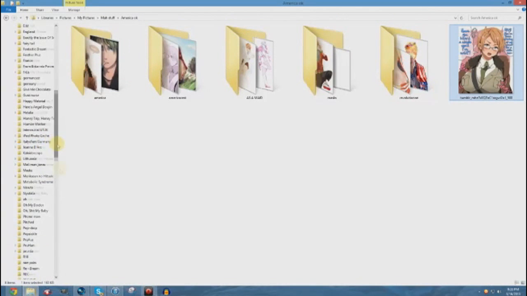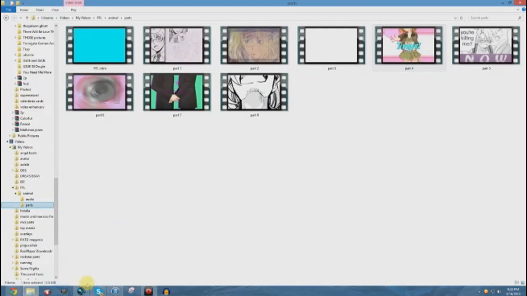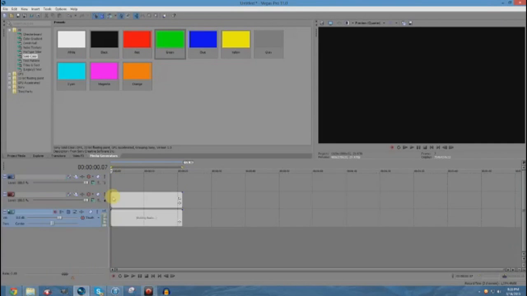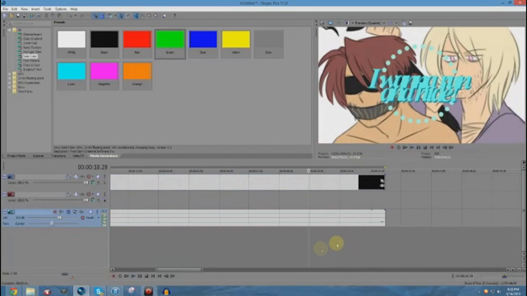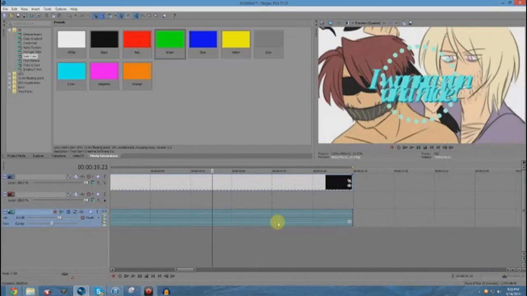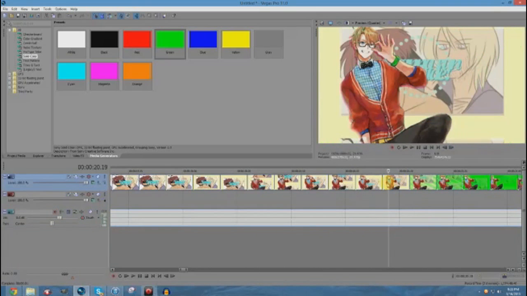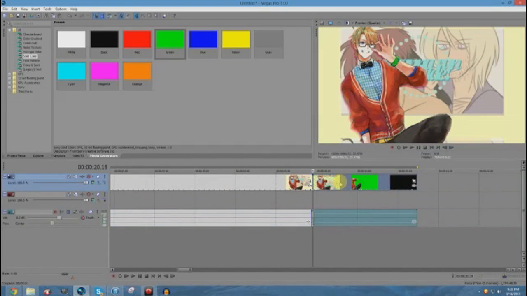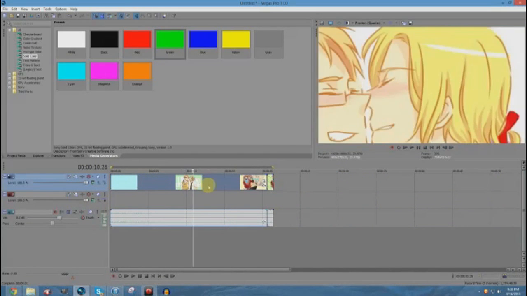Now, when you have a part for one of your MEPs, I'm just going to use one of my own. Here's one of my parts. What you want to do is when it goes to the green screen, you want to split the clip. Right before it starts the green screen, you split the clip by pressing S on your keyboard. That way, you don't mess up the colors in the rest of their part, because I use green all